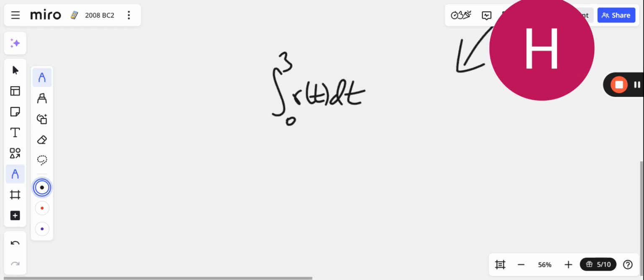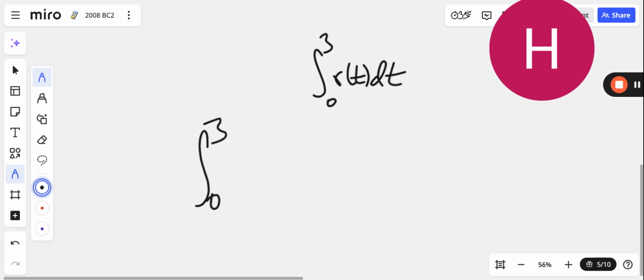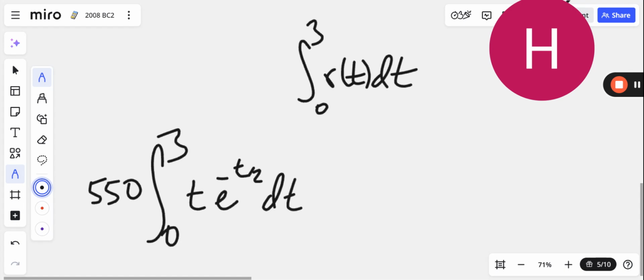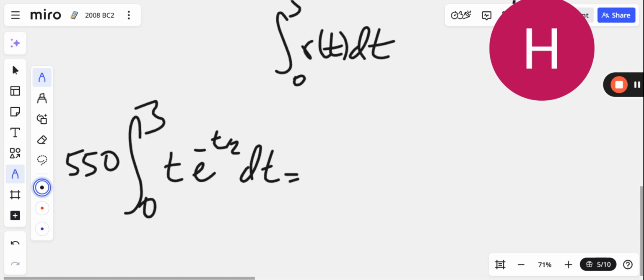And you can get whatever you get. If you were to do this by hand with Calc BC techniques, it would be something like 550 times the integral of t e to the negative t over 2. You would have to do this by parts, yeah. You would absolutely have to do this by parts. So this would be 550